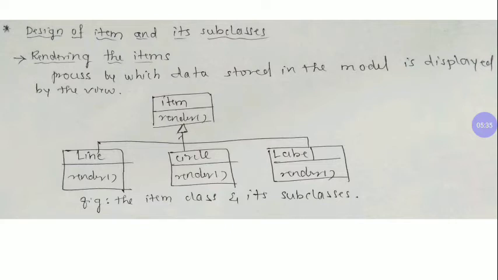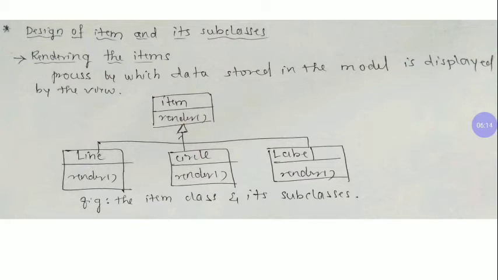The model is storing these items in a polymorphic container. The model stores the information of the items in the container, which is a polymorphic container. We would have to query the type of each item, using an enumeration, in order to choose the appropriate method. If the model is responsible, each item would have a render method. Render is the process by which we draw the subsystem on the display area.